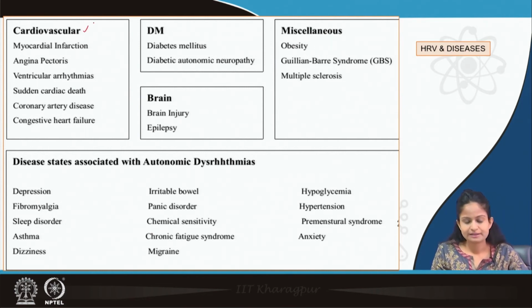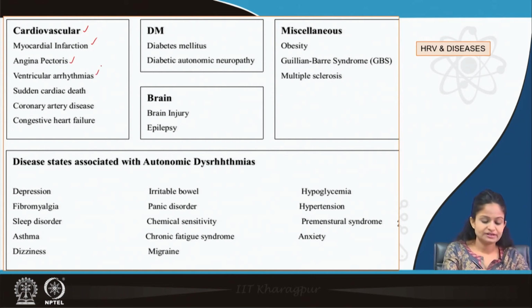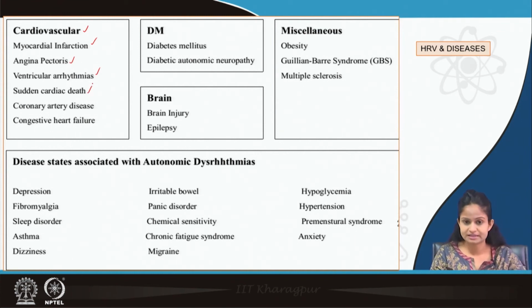Heart rate variability is a very important indicator in the early diagnosis of autonomic dysfunctions in myocardial infarction and also post myocardial infarction. It usually calculates the mortality risk in patients who are post myocardial infarction or post stroke. Then we have angina pectoris. Then we have ventricular arrhythmias, various arrhythmias we had already discussed, sudden cardiac death risk, coronary artery disease, then we